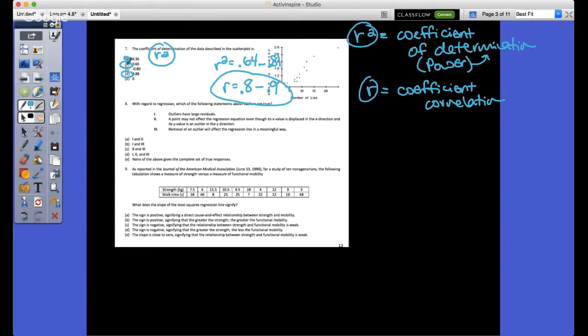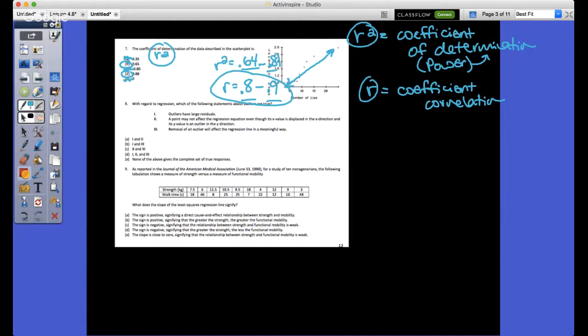All the other ones, I wouldn't answer those. But when I looked back at this, because someone had asked me about this earlier, they wanted you to put all of these points in your calculator, which is impossible since you can't see the actual points. Now, if they give you a list, plug it in, get your LSRL, and then it'll give you your R squared value, which you can then interpret here. But overall, I would just say, know that it's tight. It's probably between 0.8 to 0.9. That's important to be able to identify. And then know how to change R to R squared. That's all I need from you on number 7.